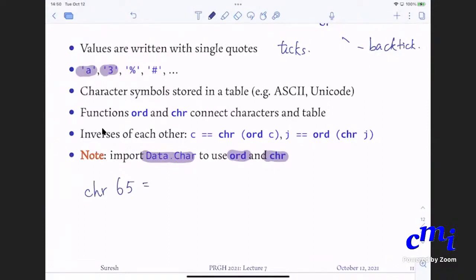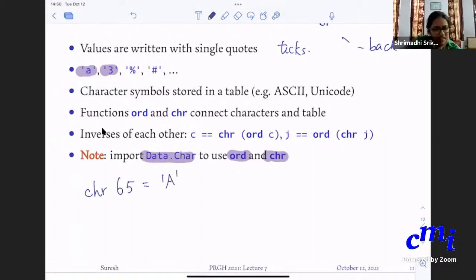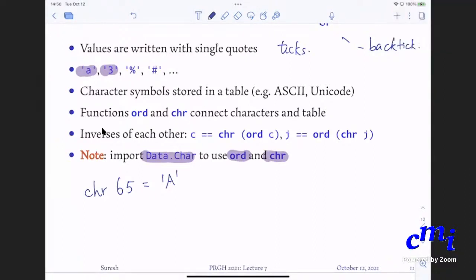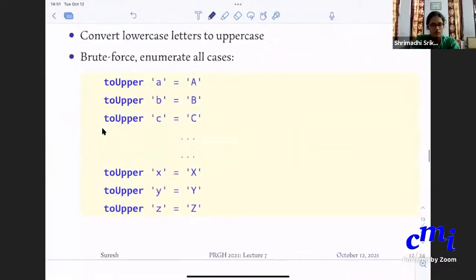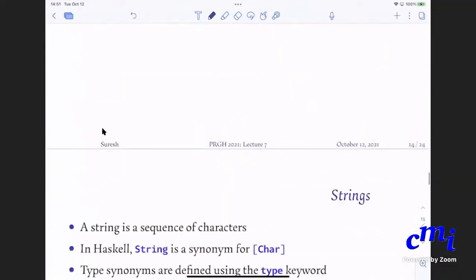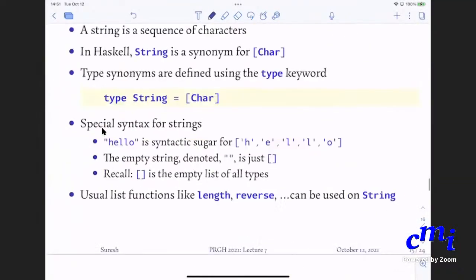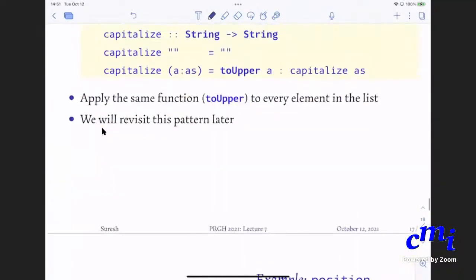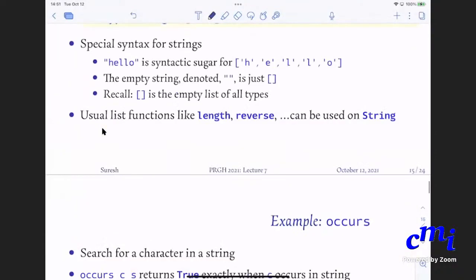A capital A. So how do you check this? Go to GHCi and check. Just write import Data.Char. I think in 2-3 slides I will actually go to GHCi and do some of these programs. I'll have to stop at some point and do that.